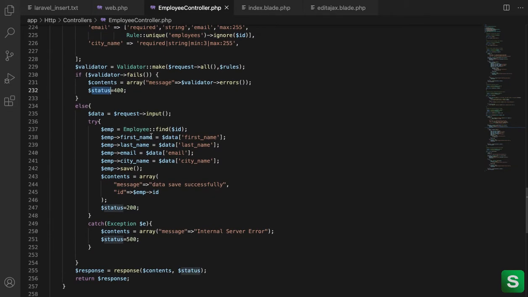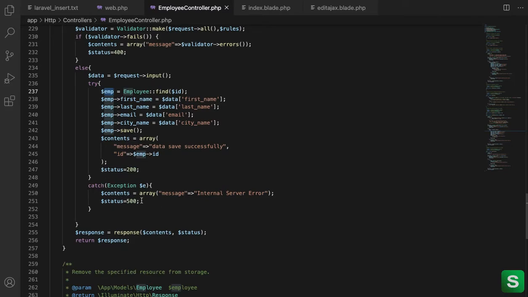If no error, I am finding the employee, taking the instance, initializing the data and calling the save function. So it will update the particular employee with the given data, right? Finally, if any error, I am handling the exceptions, passing the message, and sending the response.